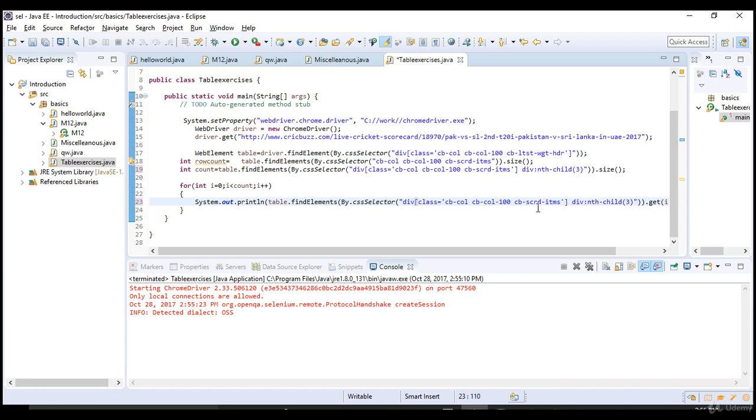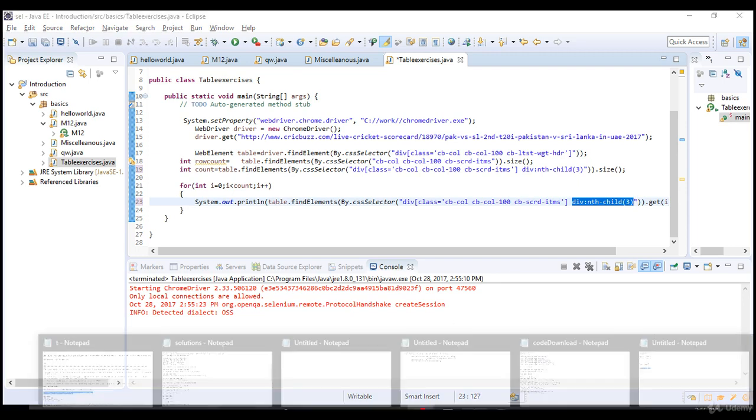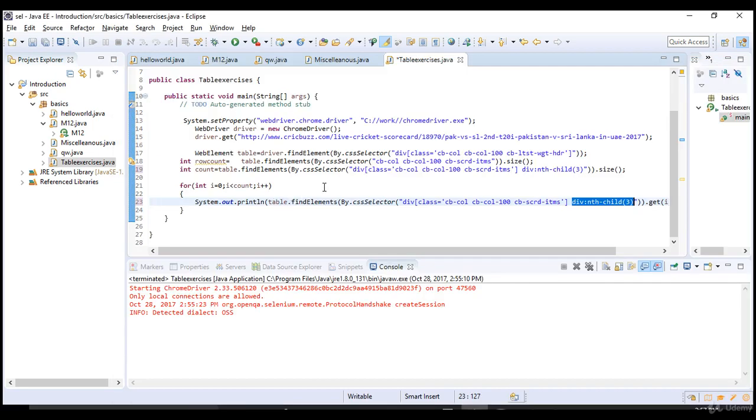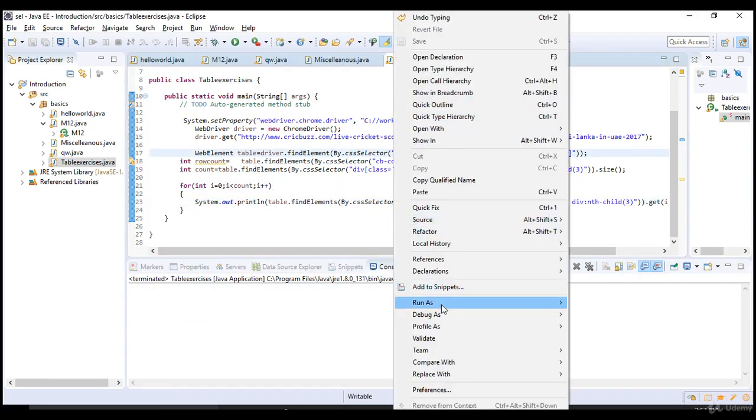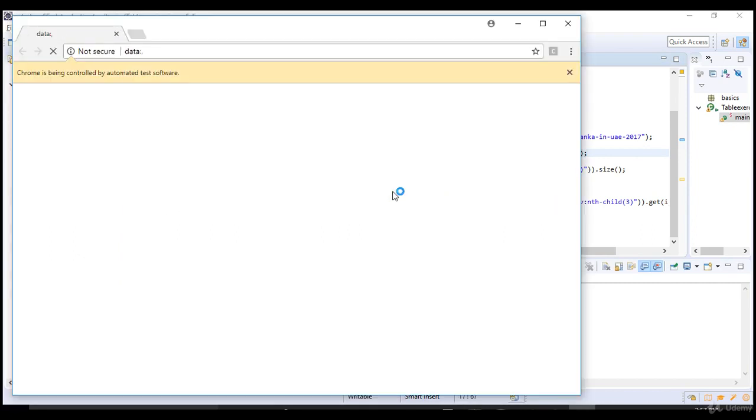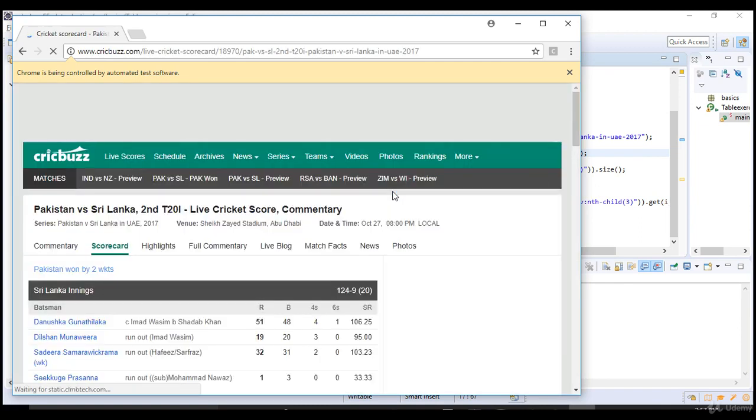So till here it identifies the parent. Once it identifies the parent, from there we are traveling to the child with the syntax I have mentioned here. If your child has a tag name like span, use span. It depends. Our child, what we are looking for, has the tag name div, so we are passing div. And to write the CSS, this is the syntax. That is obvious, you guys know, I just missed writing it. Okay, so let me run this test, run as Java application, and hopefully it should print all the values present in that particular column.